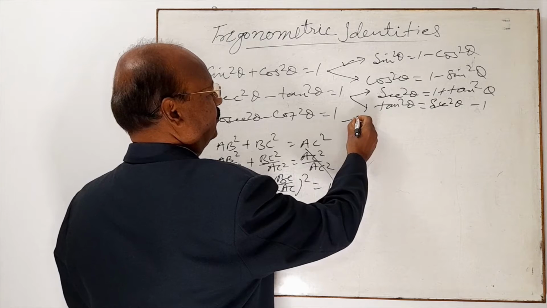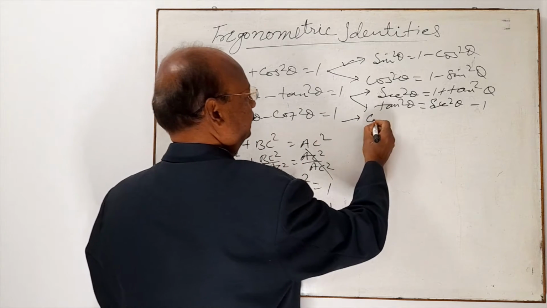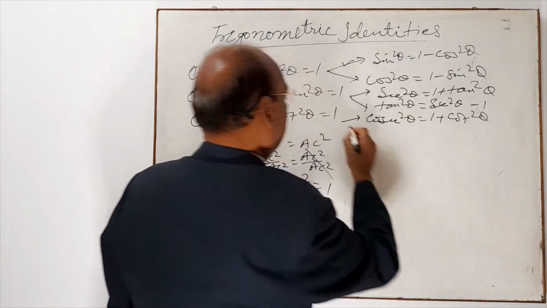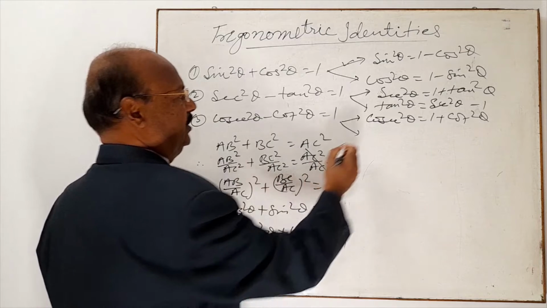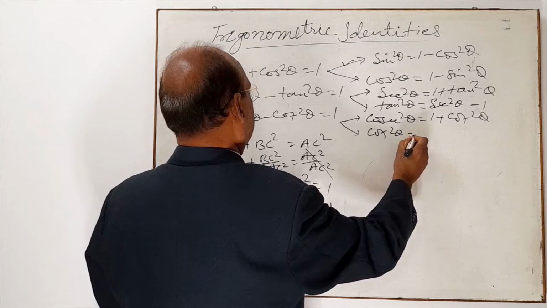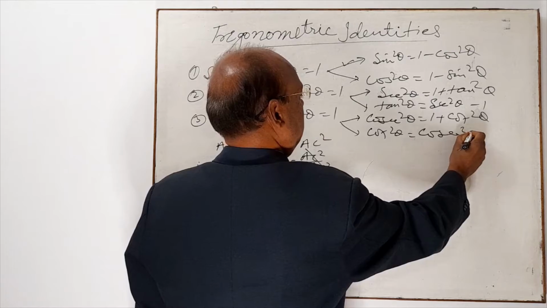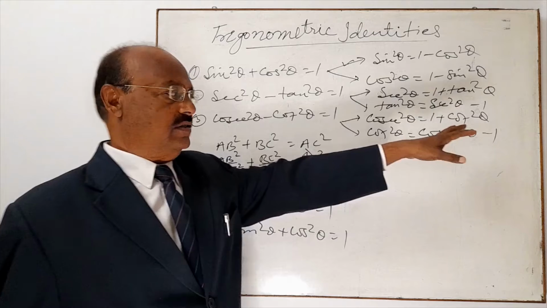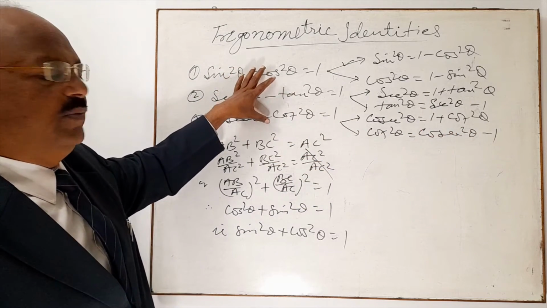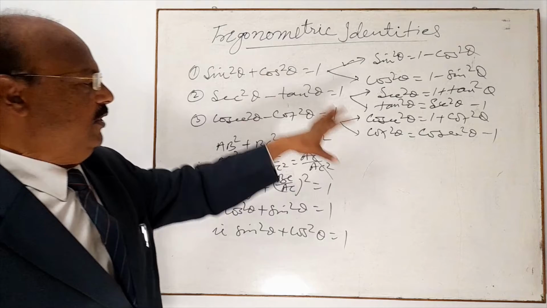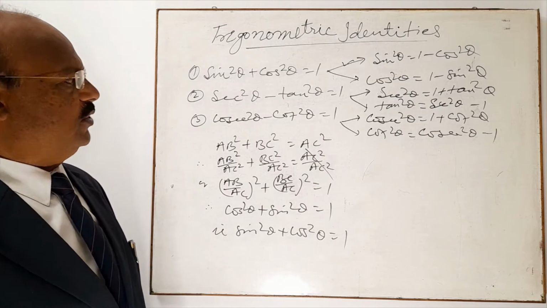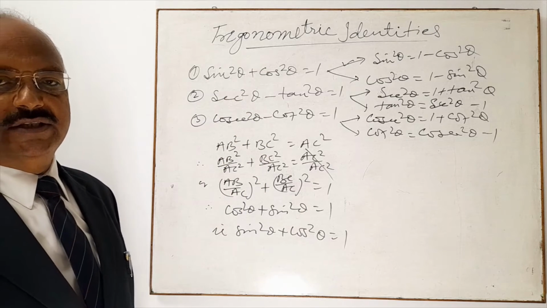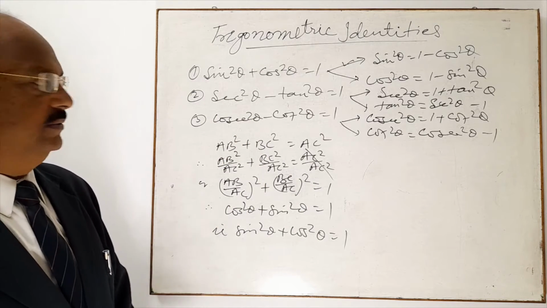Similarly, here also we can write cosec square theta is equal to 1 plus cot square theta, and another result will be cot square theta is equal to cosec square theta minus 1. So these relations are very easy to understand. Just try to remember this formula. And with the help of this formula, we can do all the problems given in this exercise of trigonometric identities. So now let us do some problems.